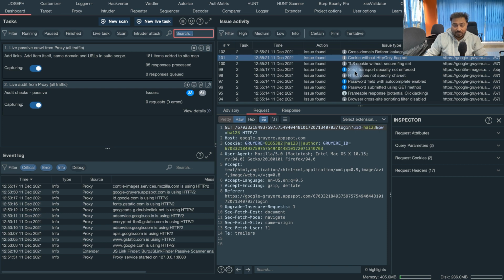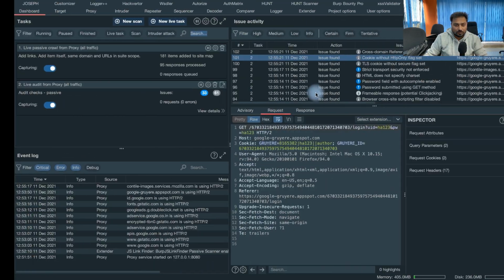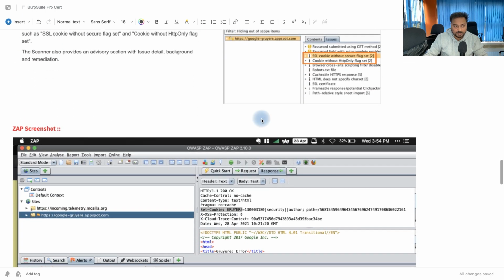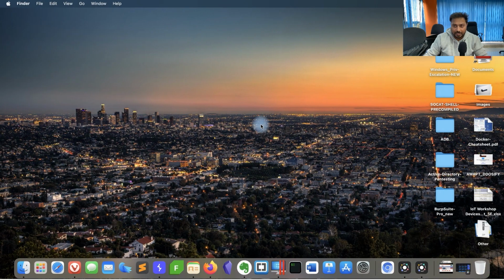But as per this particular section, what we are learning right now, we need to understand this particular flag. So if you are testing any application, make sure you check this flag properly and check all the information. Sometimes it happens that the application is HTTPS, and we are able to see everything in the proper manner, whatever we expect here.